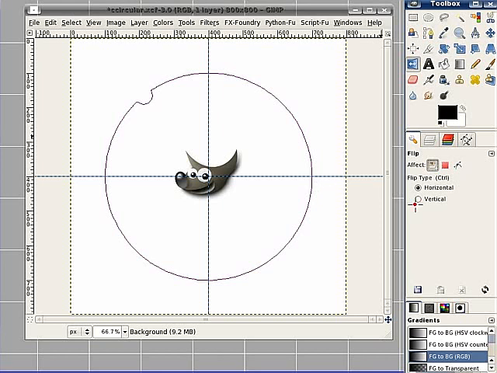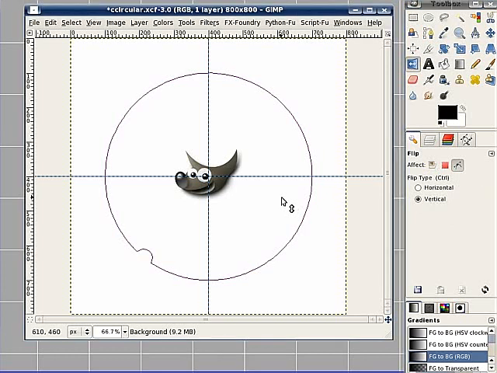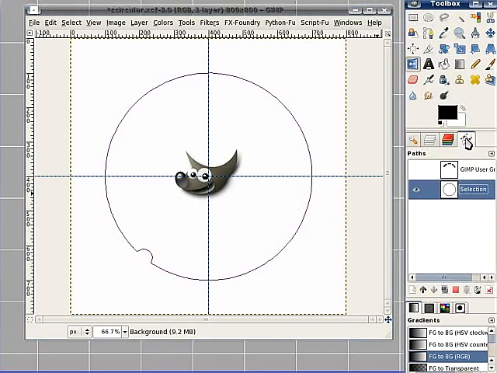And vertical, that one. Click inside the path, and you can see it flips over. So now we're on that horizontal,